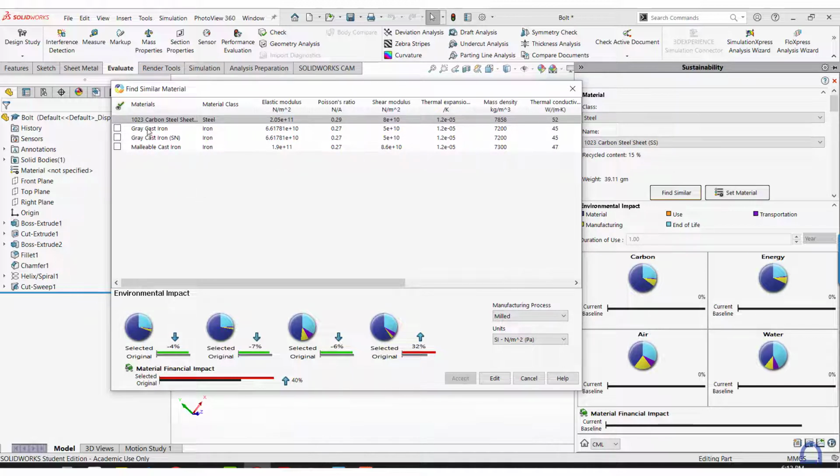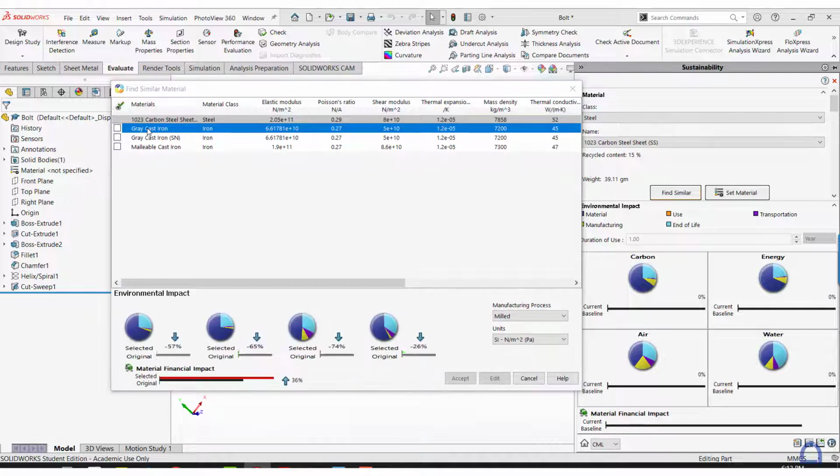When you click on the first one, gray cast iron, it is updating over here. Okay, here you can see the changes. So this is one of the better options, because here the environmental impact has been reduced a lot compared to the other factors: 57% reduction over here, 65, 74 and 26 respectively. So what we can do is select this material as an alternative, and one important factor is